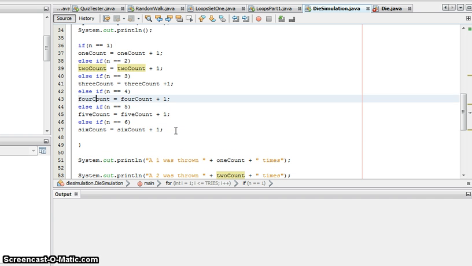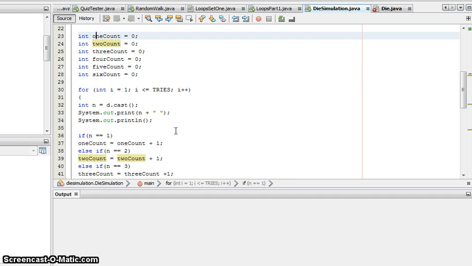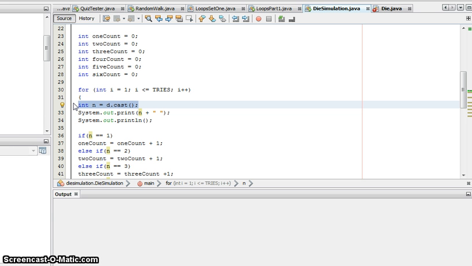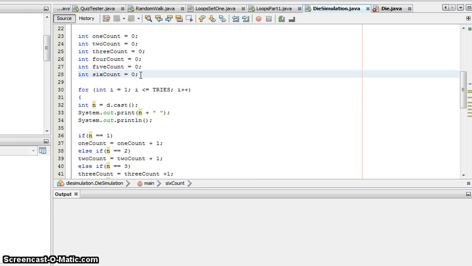So those are some pointers on this program for the die simulation. And we've got a good example of when to declare a variable in a loop and let it get destroyed and recreated as the loop runs each time, versus declaring outside of the loop, creating a variable that's going to eat up memory, and that memory is going to be used throughout the entire program, no matter how many times I reference these counters. So if I never use 6 count, I'm still holding and eating up that memory, which is fine because I might need to use it, versus